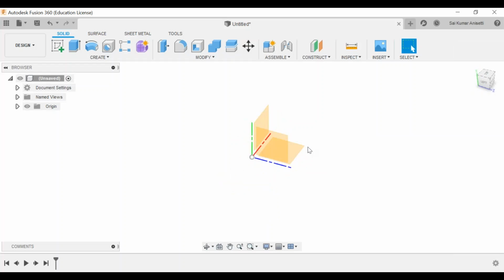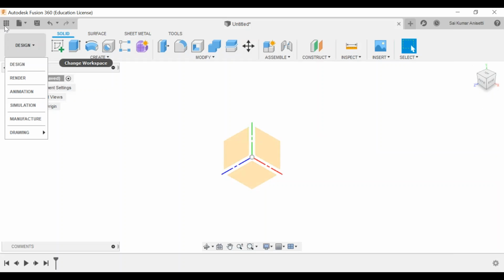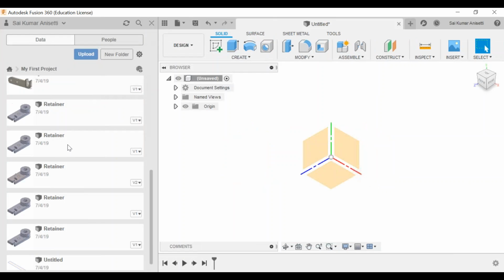Now my default isometric view is lost. Again, if you want to get your default isometric view, go to home. Automatically it will align with the default isometric view. Clear? Let me open any simple component.